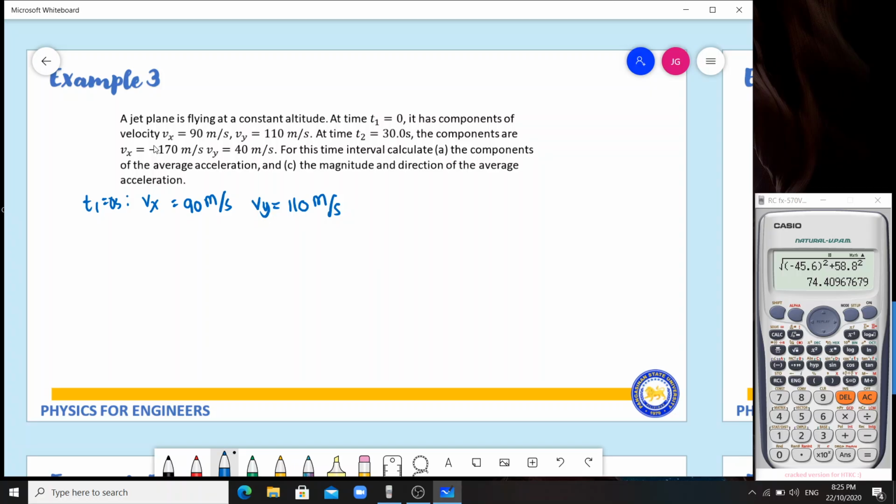At time t2, 30.0 seconds, the components are, meron tayong Vx na negative 170 meters per second at meron tayong Vy na 40 meters per second. For this time interval, ang time interval ay 0 to 30, calculate the components of